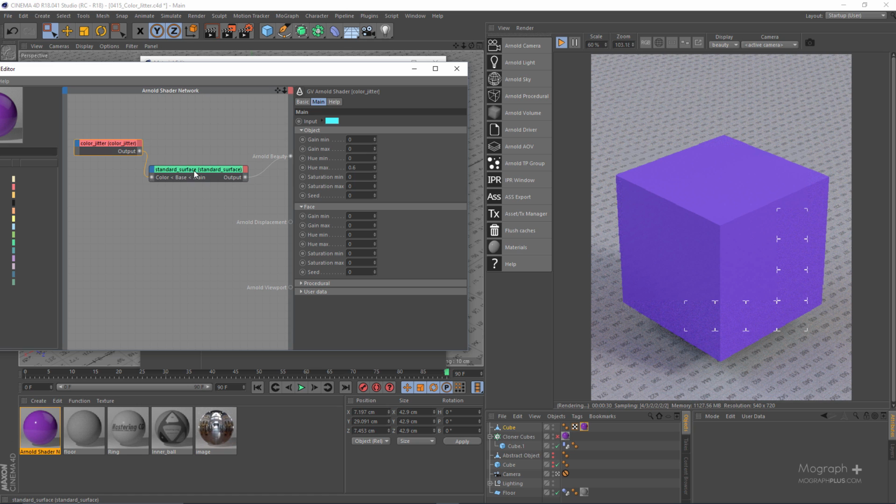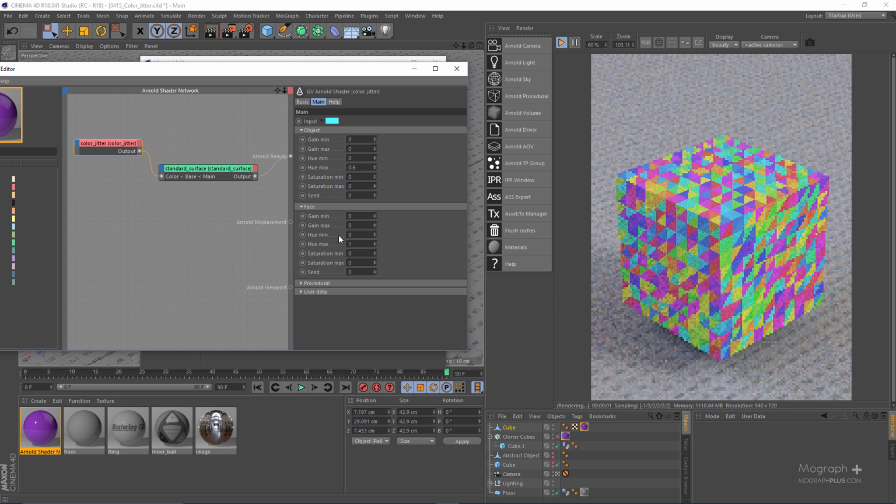So what I can do is to go to my color jitter. In this case, you can see even though we have this hue max on our object, because we want to randomize faces and we only have one object, these values do not affect anything. But if I increase my, let's say, hue max to something like 1, now as you can see we get randomized color. And if I try something a bit more subtle,